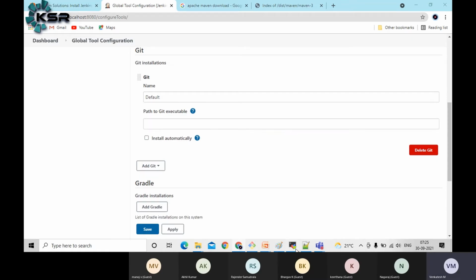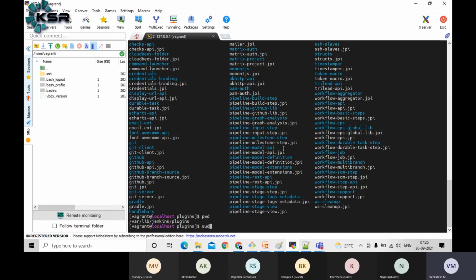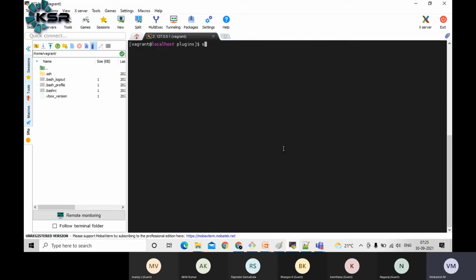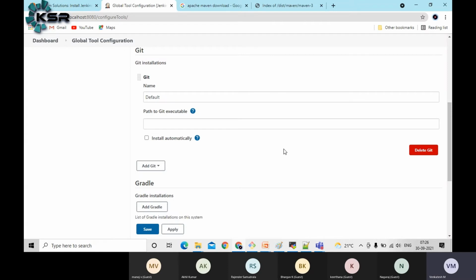I already logged into the VM. What you can do is directly run the command. To install packages, as you know, yum install git -y. I am going to accept directly. It will connect to the internet and download Git. Once Git is installed, whatever exceptions you are seeing, like unable to find Git, something like that, those will not come.